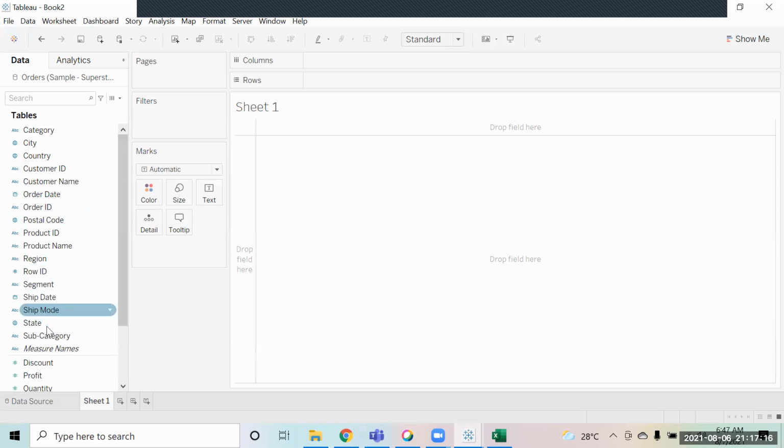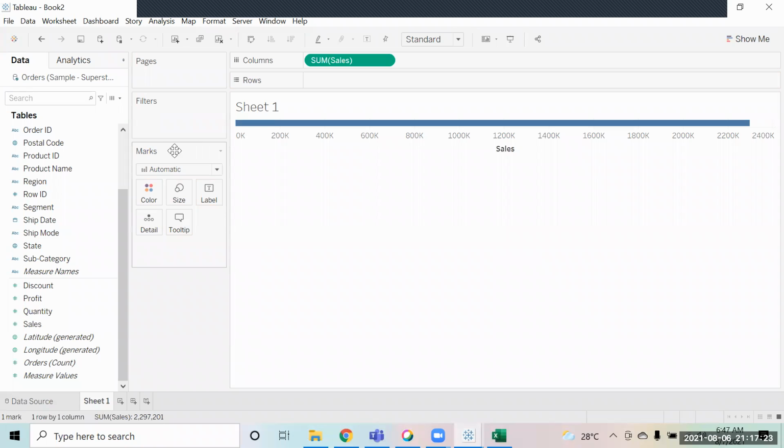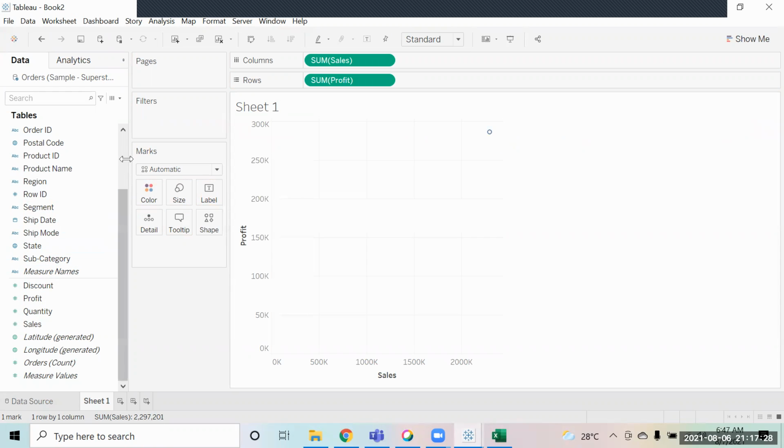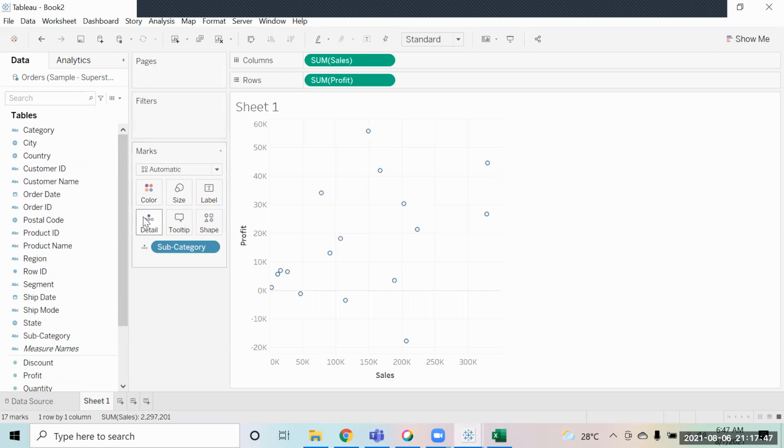Suppose I make a chart over here, I have the sales and the profit, and I have the subcategory. I'm just doing a normal scatter plot. This is a chart that I have created.